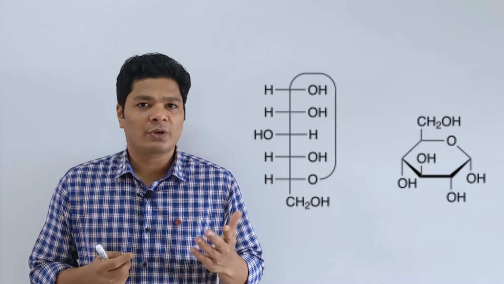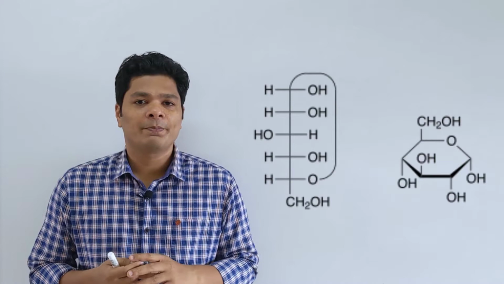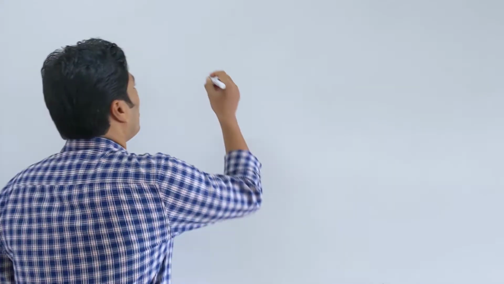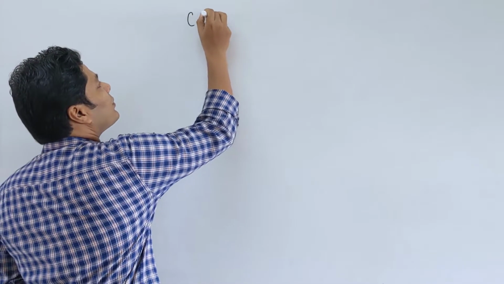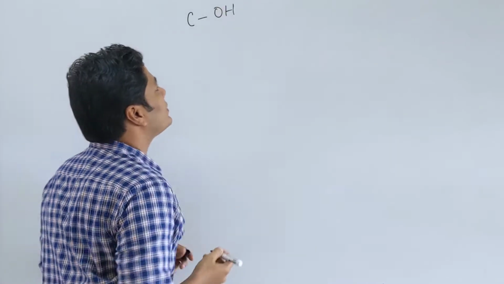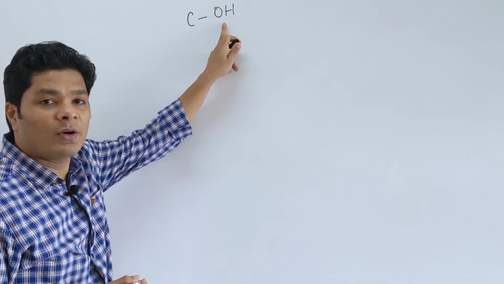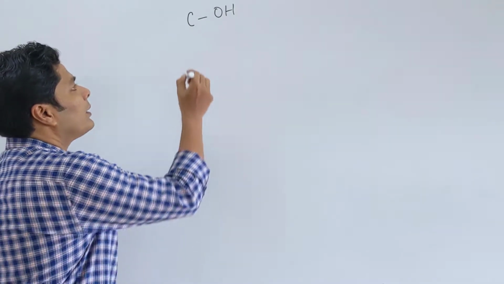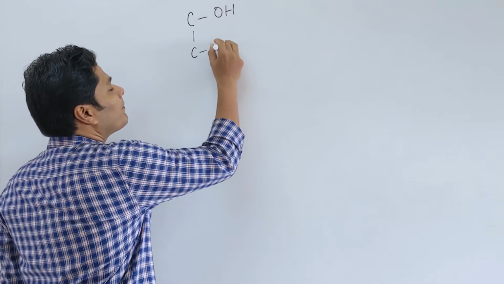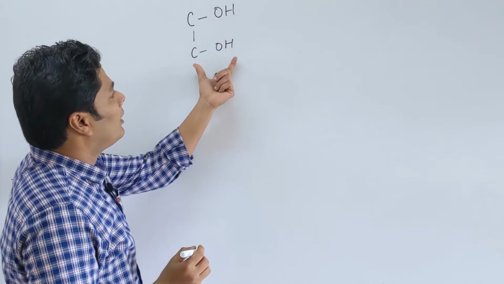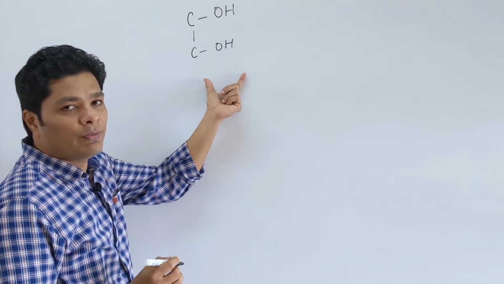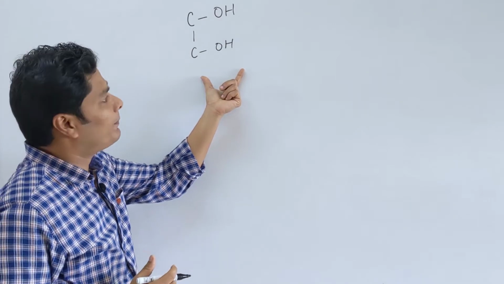Example, glucose and fructose all have multiple OH groups. Now, the simplest way to represent an alcohol is R-OH. This can be an R group, so the OH makes it an alcoholic group. If there is more than one, we call it dihydric, and if there are 3, then you call it trihydric.